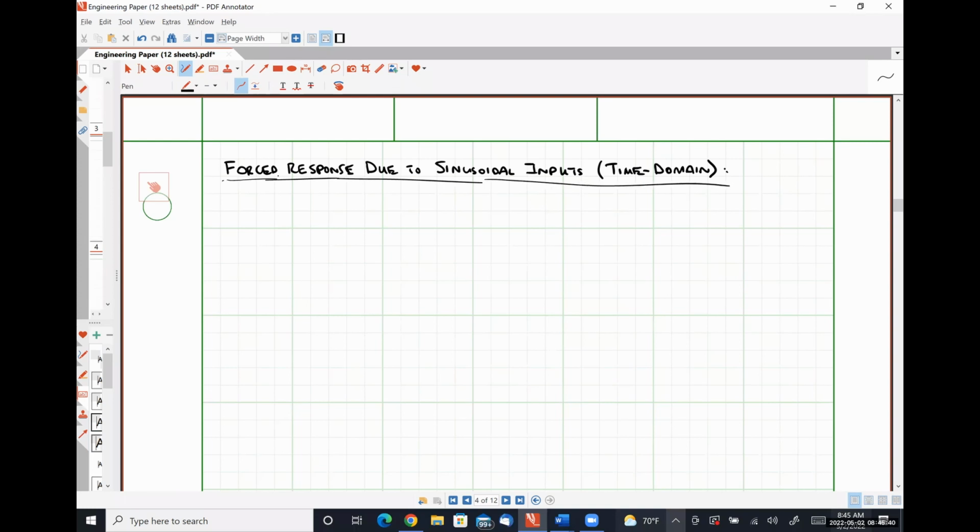So we touched very briefly on the concept of forced responses when we were covering transient analysis. What a forced response meant was that we had some sort of forcing function, so a voltage source or a current source, that was causing a signal, maybe an inductor current or a capacitor voltage, to have some specific value. Okay. So for example,